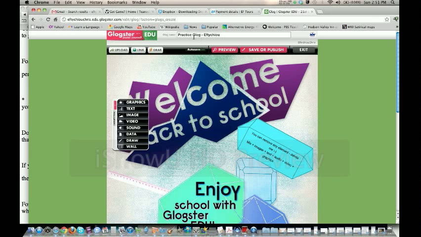At this point, there's a function you'll notice written to the left of where it says preview that says autosave on. This is a new feature for Glogster this year that was requested by many teachers and many users. Prior to this feature, sometimes the internet might drop out or your browser would crash. At that point, if you didn't save your glog, it would be lost. Now it has periodic auto-saving. This does not mean that you do not click Save or Publish. In fact, on the safe side, I like to click Save or Publish periodically, especially after I make some big